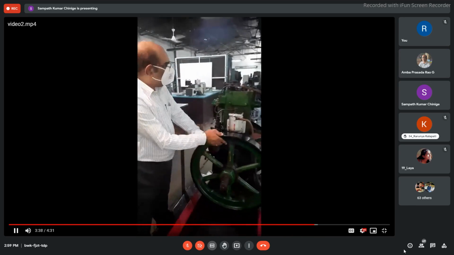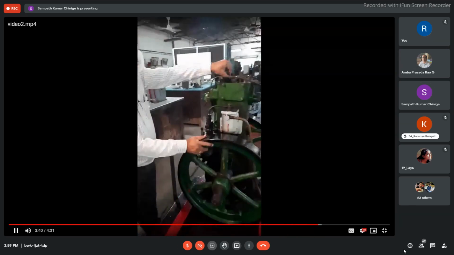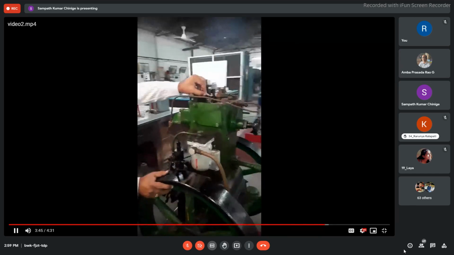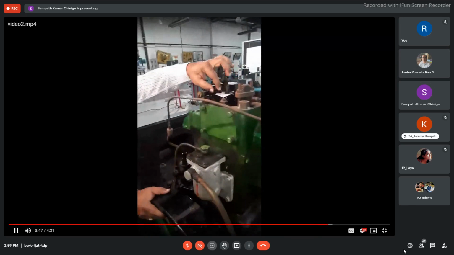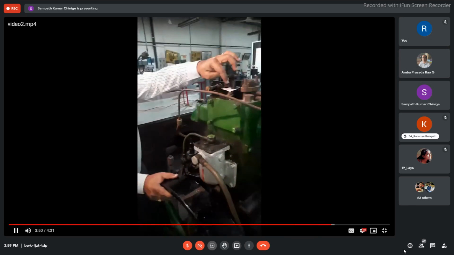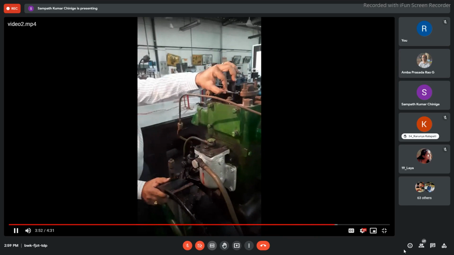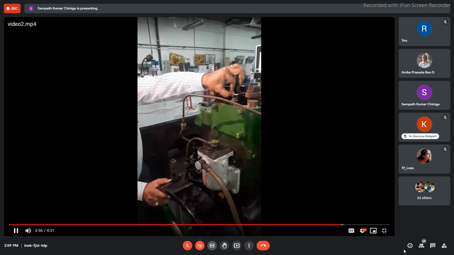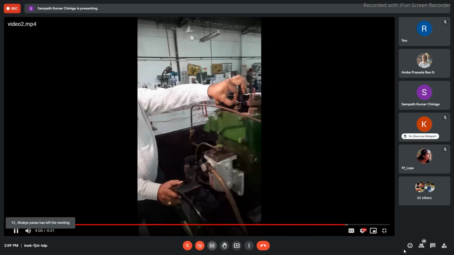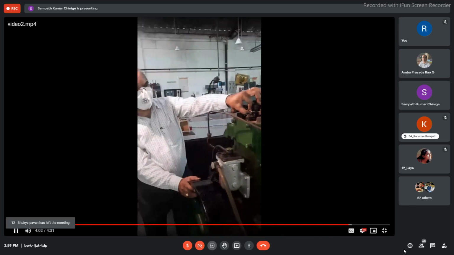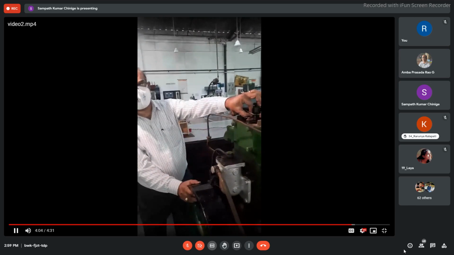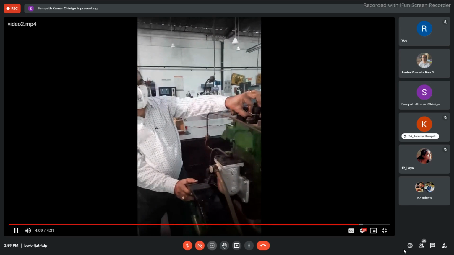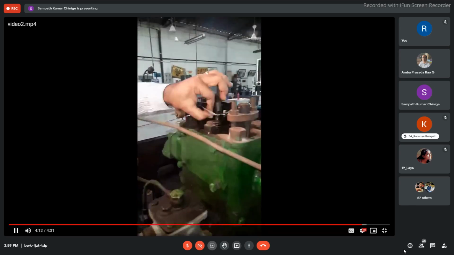Here, by moving the paper, we see where exactly it gets tightened. If it gets tightened, it means the pressure of the rocker arm is falling on the valve stem, so the valve is opening. If the paper gets loosened and I am able to move it easily, it means the pressure of the rocker arm is not falling on the valve stem, so the valve is closed. This is how we observe the little pressure acting on the stem as the valve opening or closing respectively.